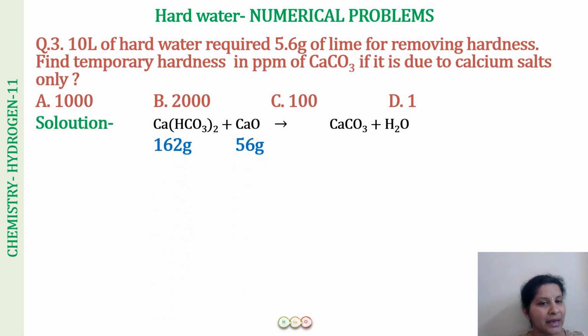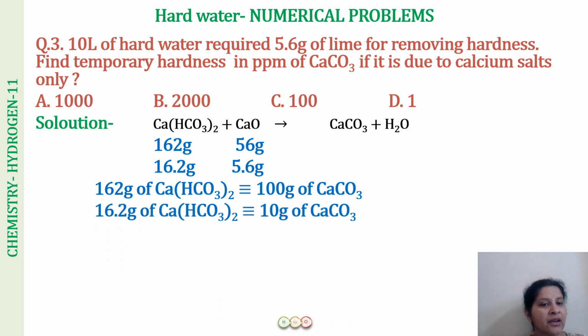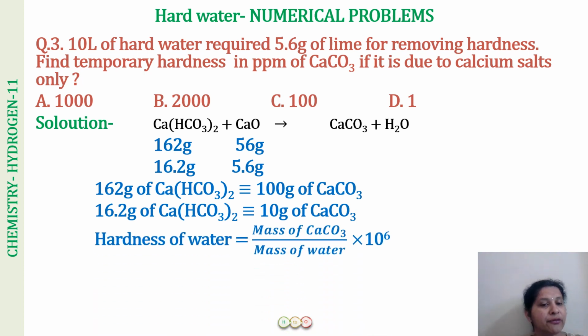Now we have calcium bicarbonate 1 mole reacting with calcium oxide 1 mole. So it is going to be 162 gram reacting with 56 gram. What we have is 5.6 gram. So the bicarbonate, which is going to be equivalent to 5.6 gram of calcium oxide, is going to be 16.2 gram. Fine. So 162 gram of calcium bicarbonate is equivalent to 100 gram of calcium carbonate. 16.2 gram of calcium bicarbonate will be equal to 10 gram of calcium carbonate, and therefore the hardness of water,